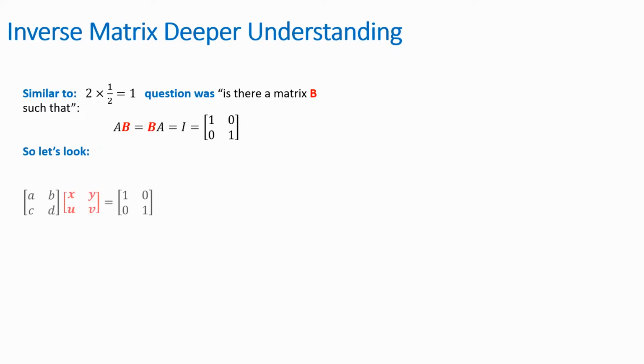Here we go. Let's say this is A. Let's call that B. Okay, let's call this A. Matrix B is what we're trying to find. We want to know what x, y, u, v should be so that when I times it to the first matrix, it gives me the identity matrix. That's what I want. Okay, so we want to solve for x, y, u, v. Let's do this. So x, y, u, v, if I actually expand it using matrix multiplication, row 1 times column 1